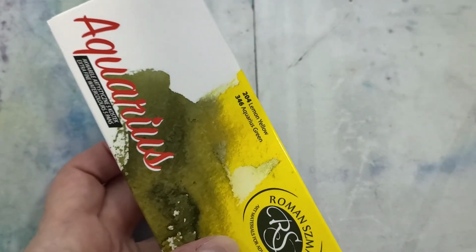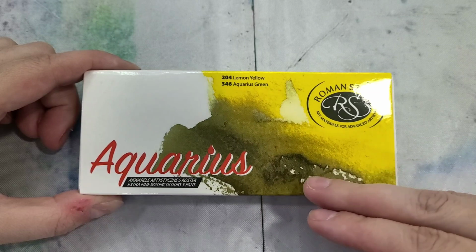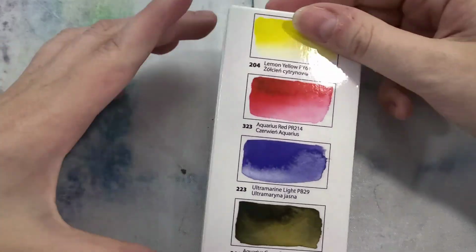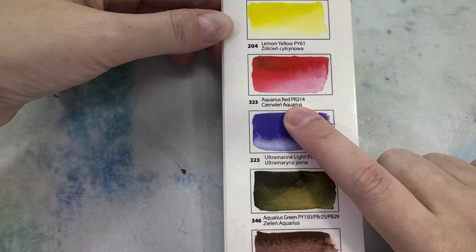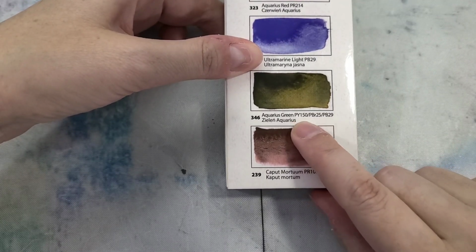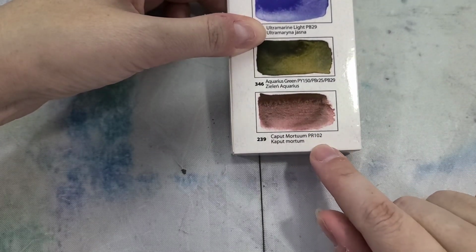Aquarius includes tones made from natural earth pigments, not synthetic, and are exclusive to Roman Szmal, including Aquarius green, which is in this set. So I'm actually pretty excited about that. I love me a good green gold. And this set contains number 204, lemon yellow, which is PY61, Aquarius red, which is PR214, ultramarine light, which is PB29, Aquarius green, which is PY150, PBR25, and PB29, so that is not a monopigment, and